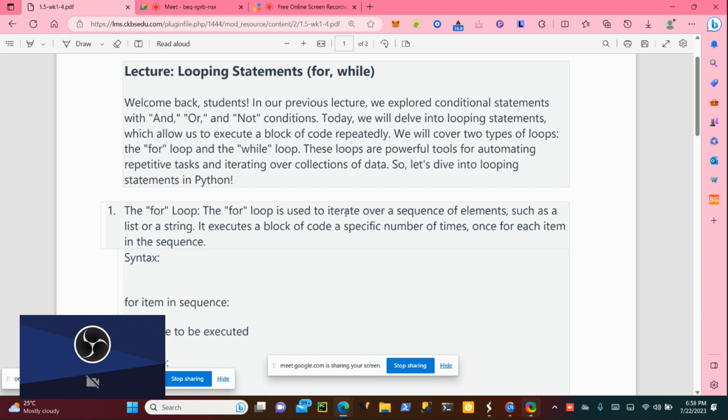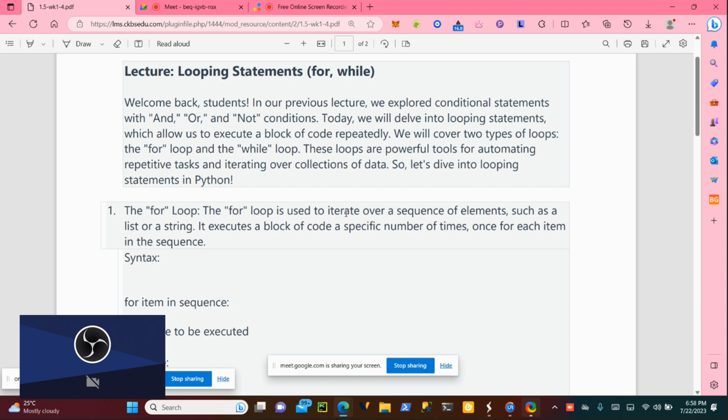If I give another one, two, 4, 6, 8, 10, it's also a sequence, and it follows a particular pattern. And the pattern is what? Difference of what? Two. Difference of 2. So we are saying the for loop is a loop that is used to iterate. Iterate means that it goes over a sequence step by step.